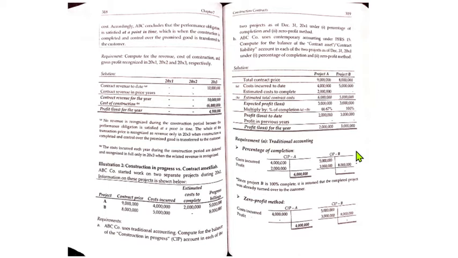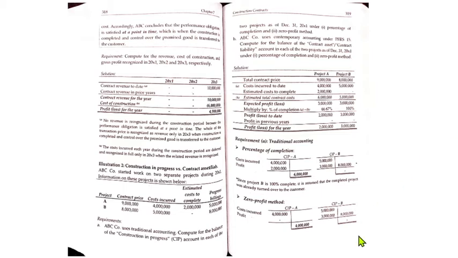What happens kapag zero profit method? Di ba? Under zero profit method, wala kang recognition ng profit dyan, wala ka munang recognition on profit until na-complete yung project. So, ibig sabihin, for CIP ng Project A, ang iyong construction in progress ay 4 million. However, CIP ni B, dahil yan ay complete na, zero pa rin ang iyong zero profit method. Okay?